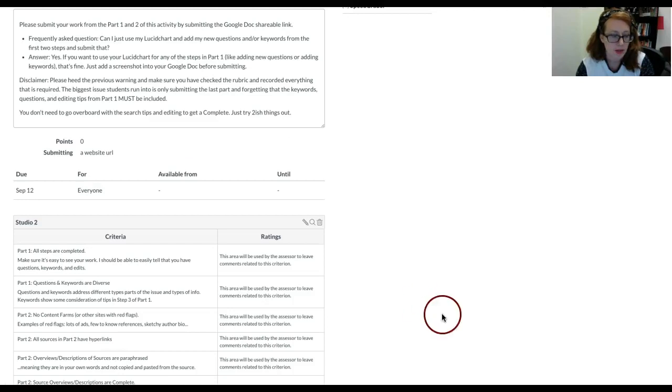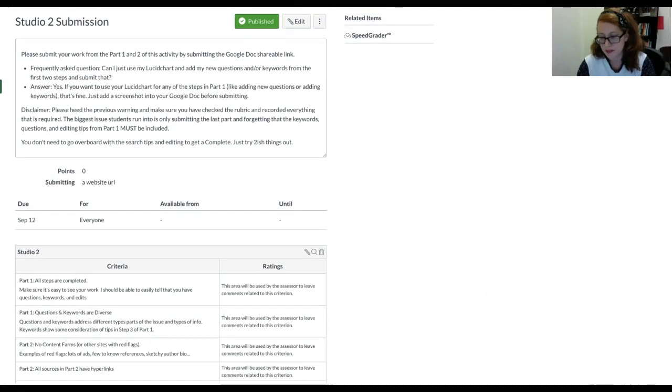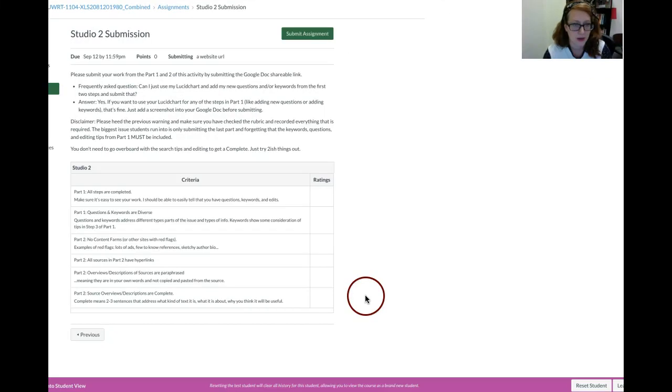And then the last step is submitting this. Let's see if I can yet again. I don't know why this won't let me make this any bigger. So we're now in student view. This is where you're going to submit parts 1 and 2 of your activity by submitting the Google Doc. I did include that question asked at the very beginning: can you use your Lucidchart? Yes, you can. You're welcome to use your Lucidchart for any part of the activity that you want, as long as you can give me a screenshot of it that I can read inside your Google Doc, because it will only let you submit